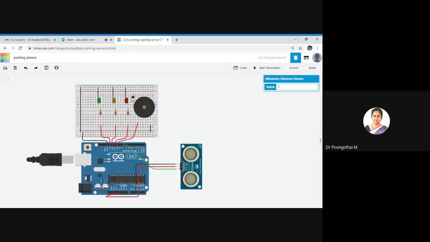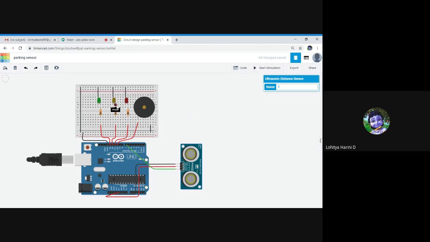What is the purpose of trigger and echo in this case? In the Arduino here, the 7th pin acts as both the trigger pin as well as the echo pin, ma'am. The ultrasonic sensor transmits a short pulse, and it detects the object by the time taken for it to reflect back, ma'am. Okay, ma'am.